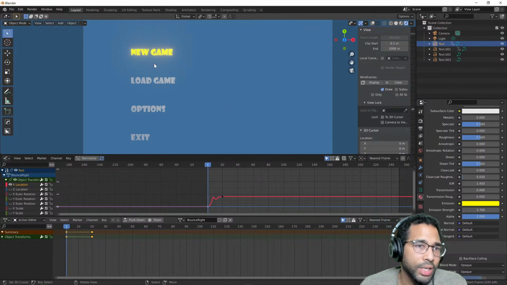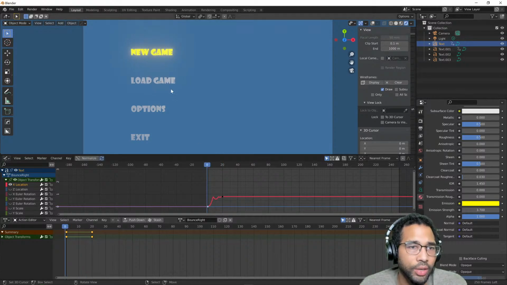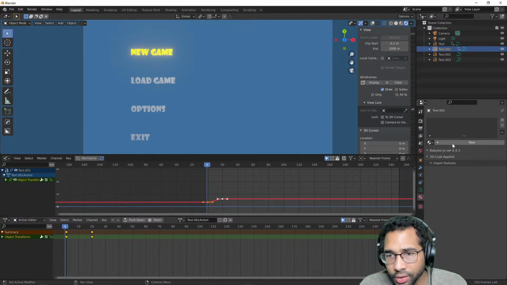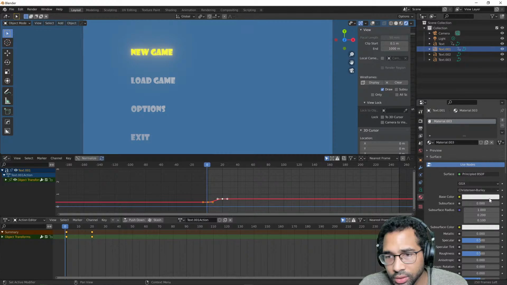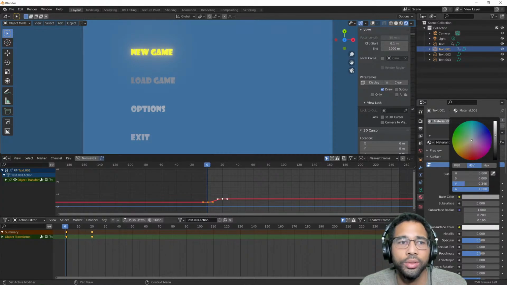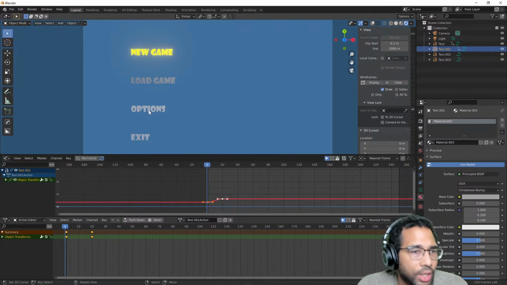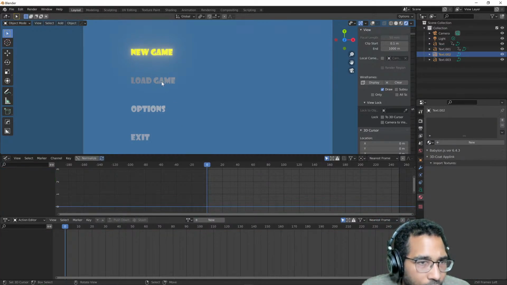Maybe a selected item can turn yellow or something, and everything else is a different color, or it's more muted, dialed back a little bit. So again, it's just stuff to think about,